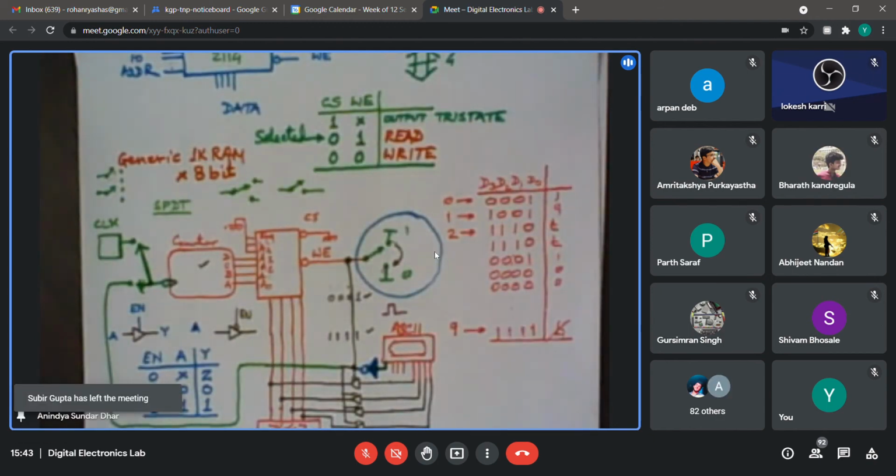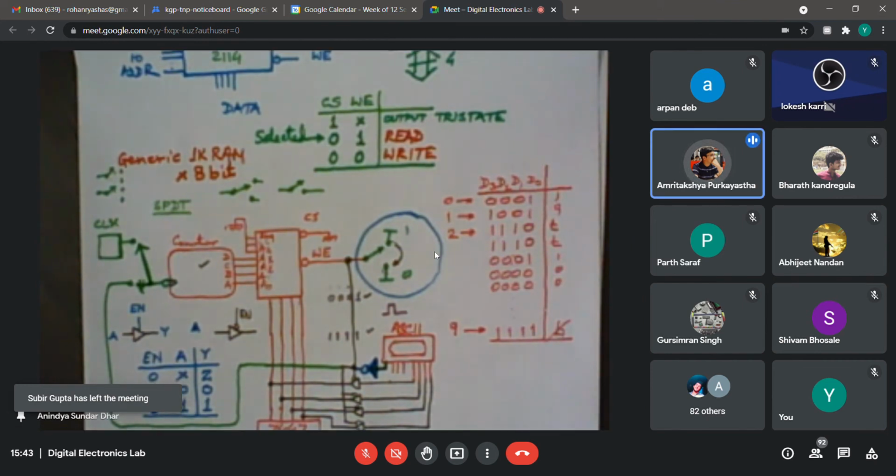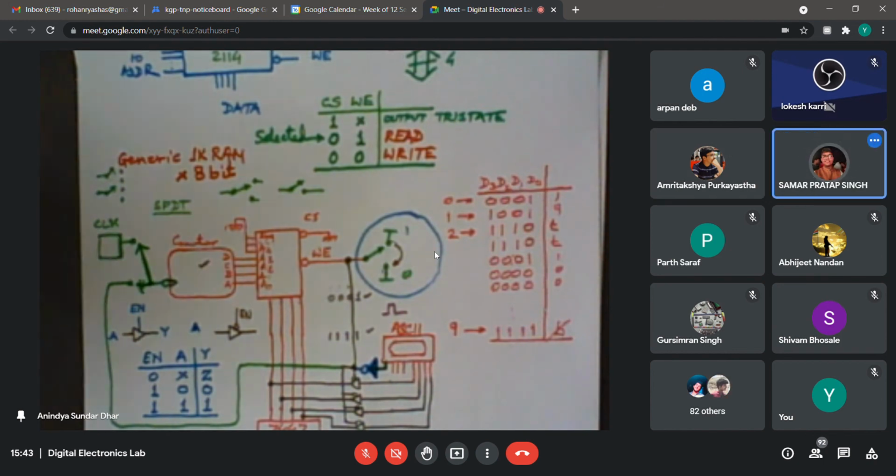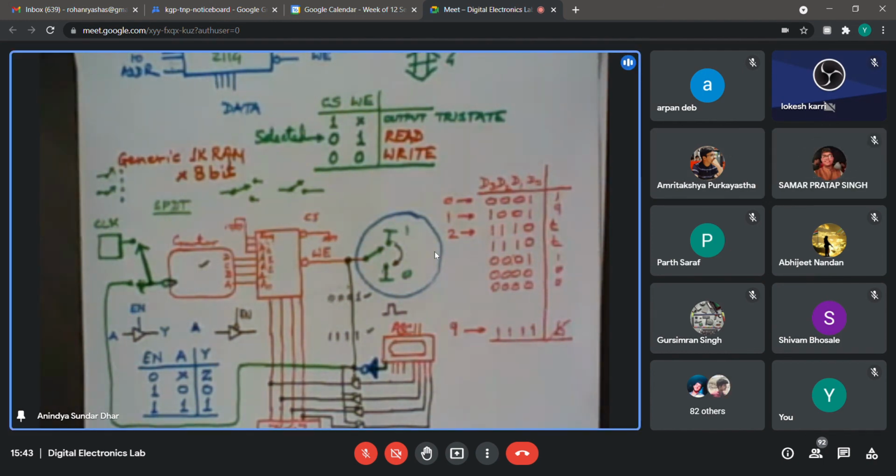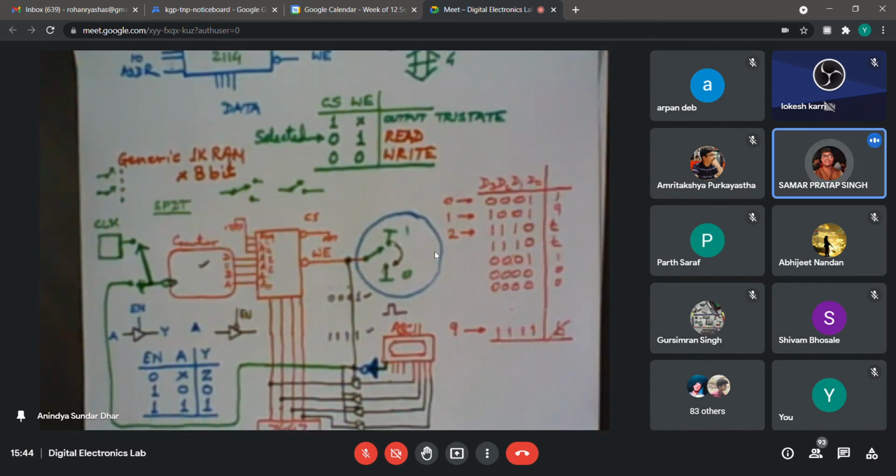Now, up to this point, if it is clear, then I'm going to tell you something. Sir, should there be some delay between the write enable and the clock? How is that inverter working? I think two of you simultaneously said something. First question, I got it: is there some delay between write enable and clock? I will answer that, but there is another question also. Can you repeat? I think whoever was speaking in a slightly feeble voice. Sir, can you please explain how the inverter is working again?